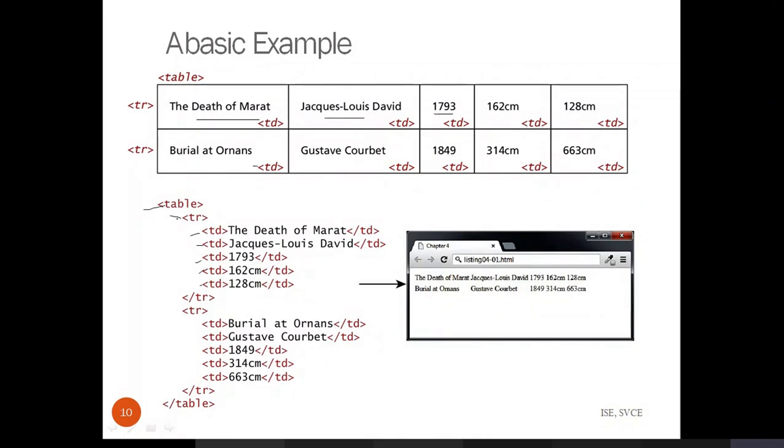So this tr to this tr indicates the first row and its cell content. Similarly, for the second row, you need to start with the tr, and within that, whatever cell information is there, you represent using a td tag, and that indicates the second row.